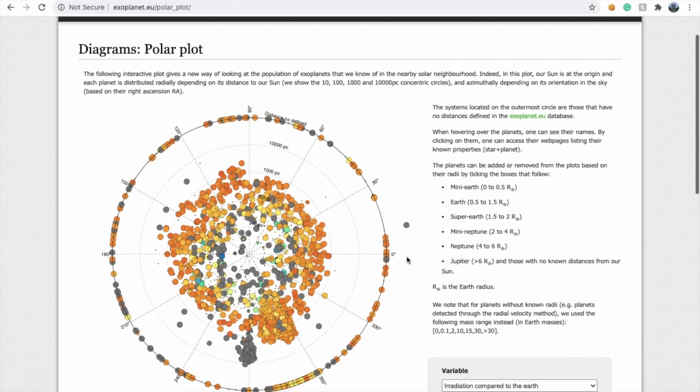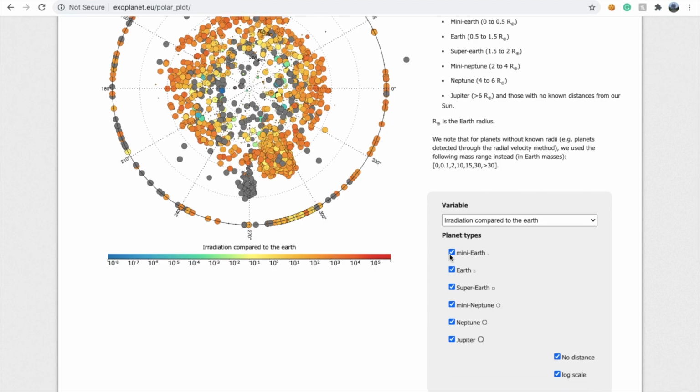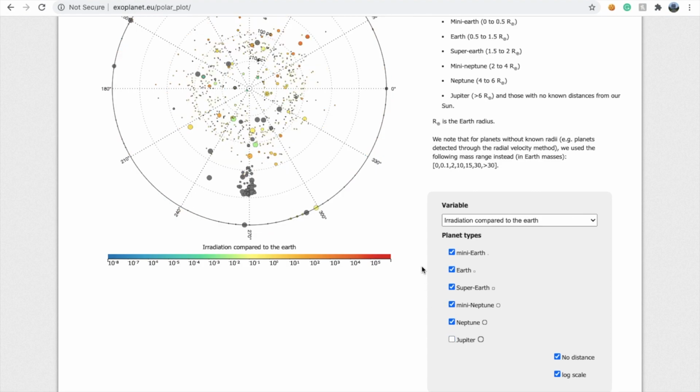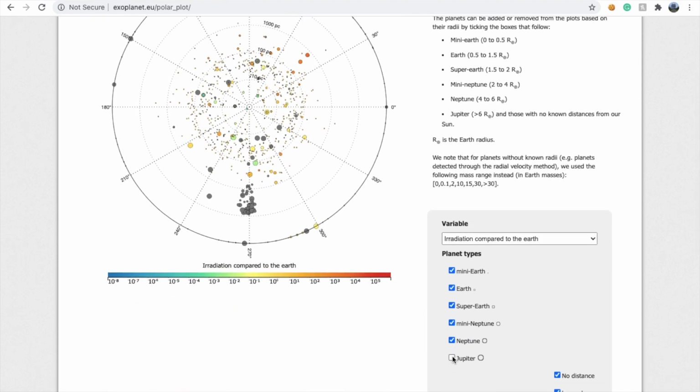If you want to see which planets are located at what distance, different types of planets are there. You can click and unclick Earth, super Earth, Jupiter, mini Neptune. You can see once we unclick Jupiters, they are not visible now.